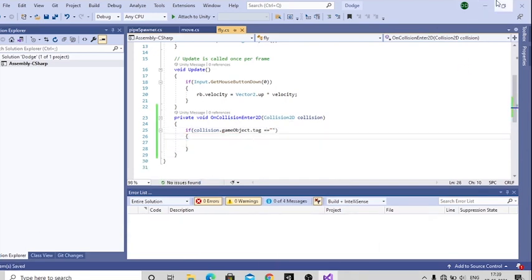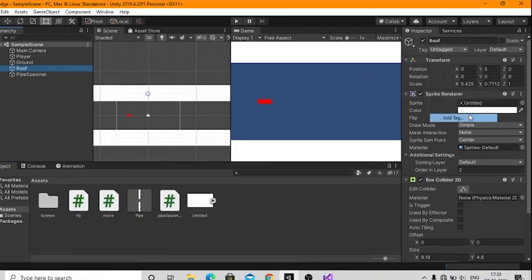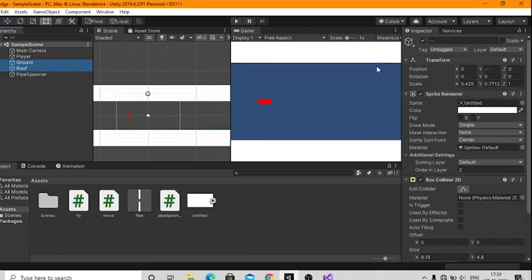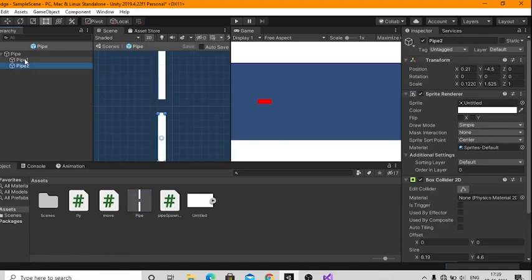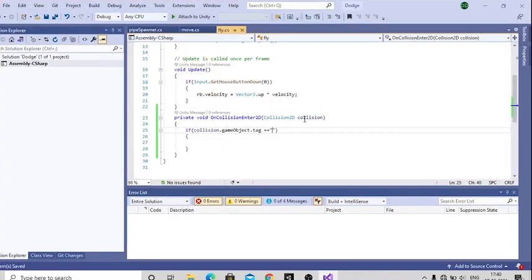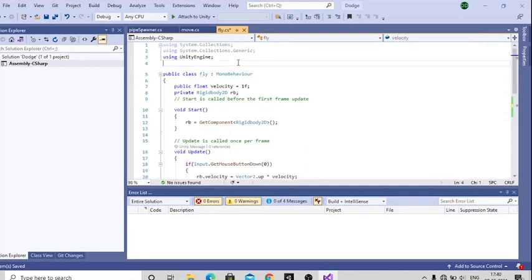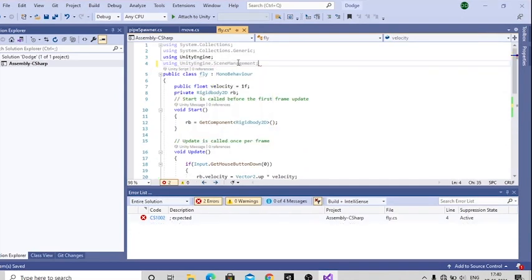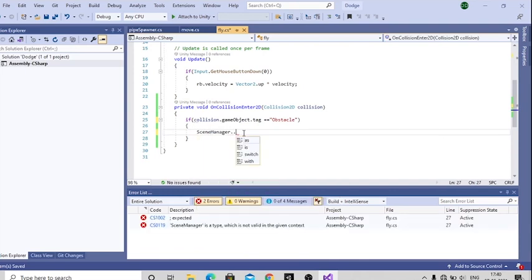So first go to the Unity editor and add a new tag obstacle and set the tag to ground, roof as well as the pipes in the prefab. So go to the script and check if the tag matches with the obstacle. Then using the Unity scene management, we will restart our game.